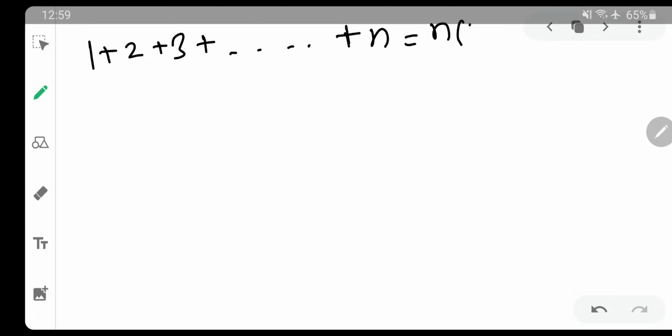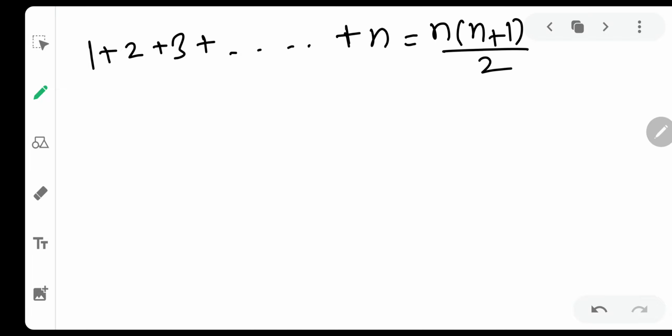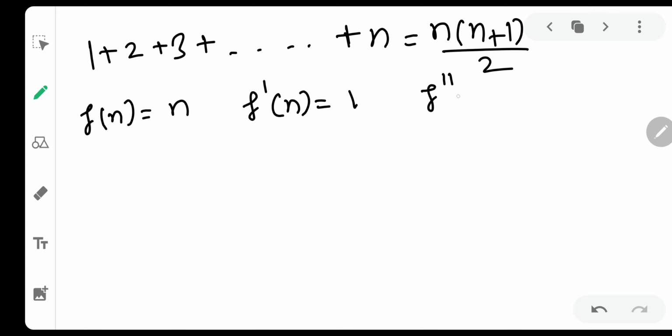Okay, so now one more thing. Suppose you are given 1 plus 2 plus 3 up to n. The formula for this everyone knows. Using the AP series, it comes out to be n into n plus 1 by 2. But I am going to use the trick to derive the formula for this. Before that, you need to understand what is f(n). f(n) is the last term, n. Now you differentiate f(n), so f dash n would be 1. And then you differentiate again, f double dash n would be the derivative of 1, which is 0. Now put 0 instead of n, so f(0) will be 0.